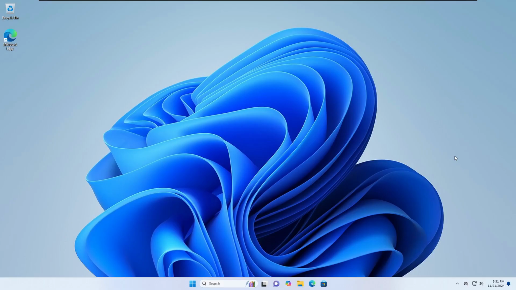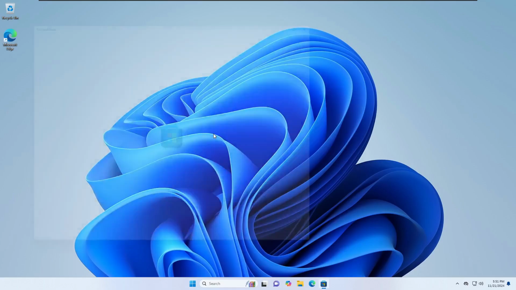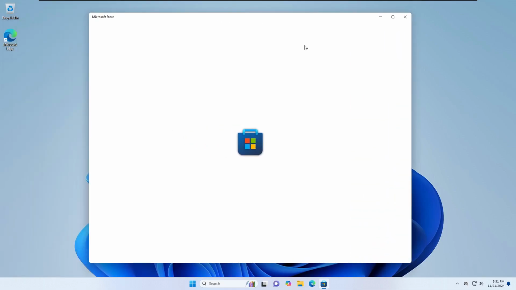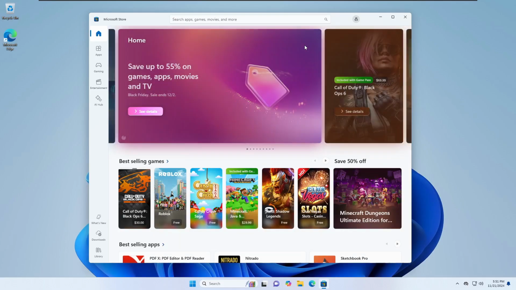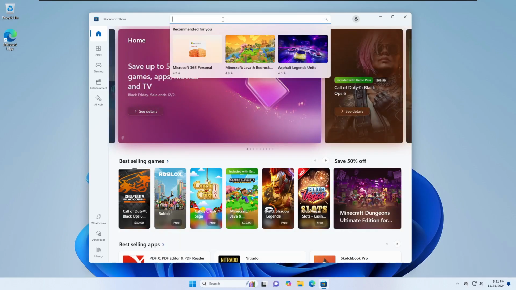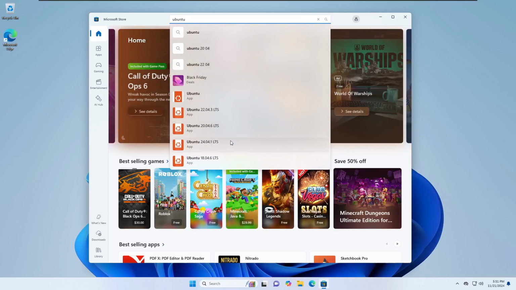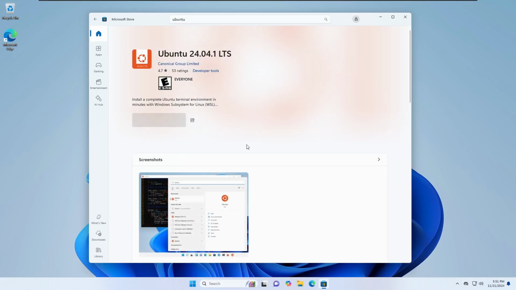After the system reboots, open the Start menu and navigate to the Microsoft Store. Once inside, use the search bar to look for Ubuntu. From the results, select the latest LTS long-term support release, such as Ubuntu 22.04 or Ubuntu 24.04, to proceed with